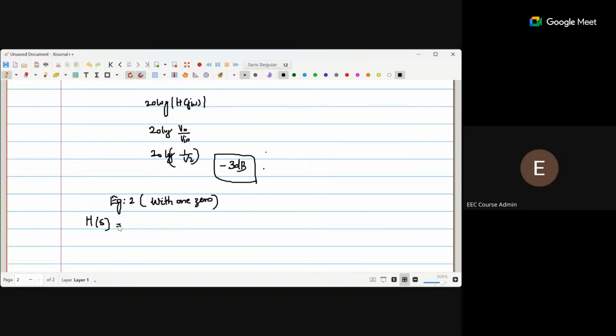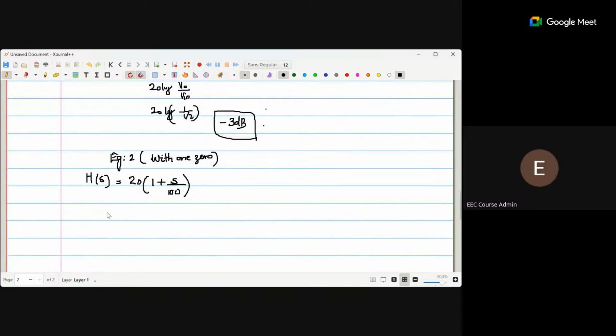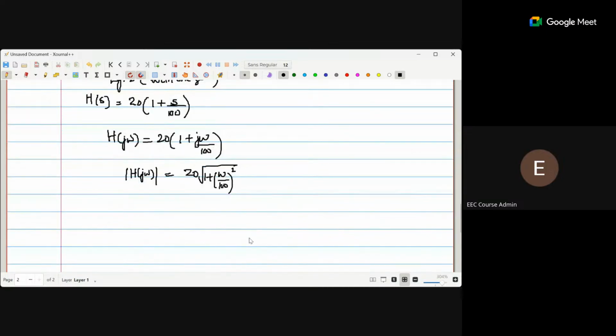So 20 into what was the example? Let me just check. Yeah, 20 into 1 plus s by 100. So H of j omega will be this, and the magnitude will be taking the modulus. So that will be 20 into square root of 1 plus omega by 100 the whole square. Taking it in dB, you will have 20 log 20 plus 20 log